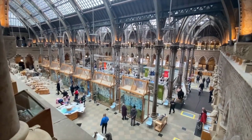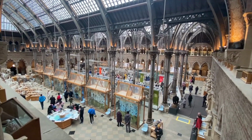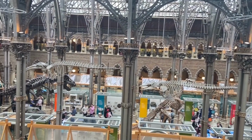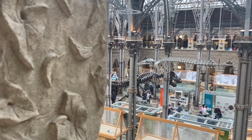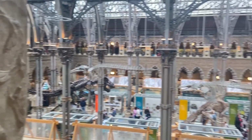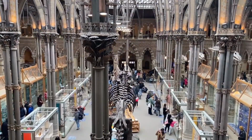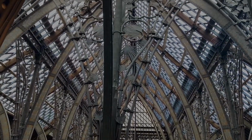Upstairs gives you a perspective of the type of shape, all the arches, the columns, a different perspective. Again, this is the centre angle, highlighted by the huge dinosaur and then the children. And we exit the museum